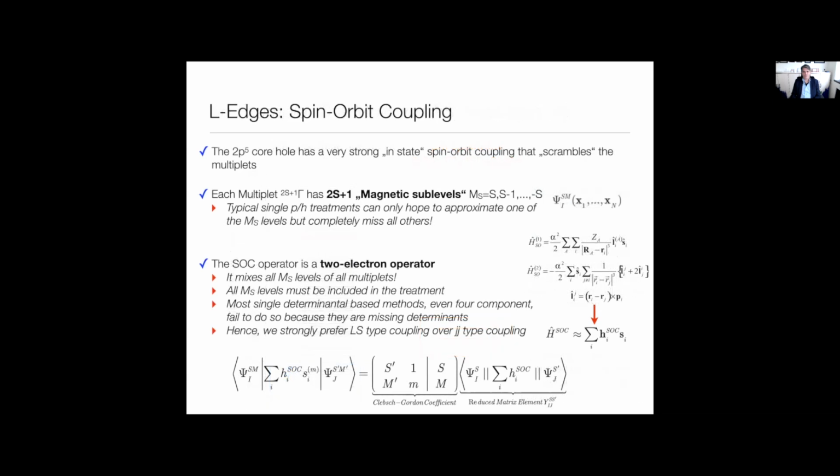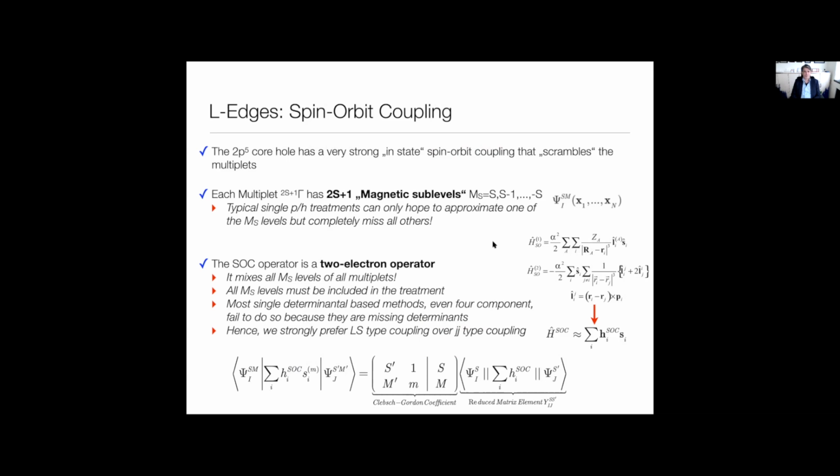And what we had to do, or what we wanted to do, is to come up with a wave function method, because the multiplet problem in DFT is not solved in a satisfactory way. And that means what we have to do, and I will just lift the curtain a little bit about how these electronic structure methods work, is generate these many-particle wave functions, and we have to spin adapt them. So both the total spin S and the magnetic spin quantum number M_S, the magnetic sublevels of a given state, need to be explicitly represented.